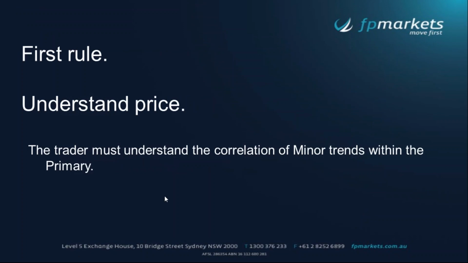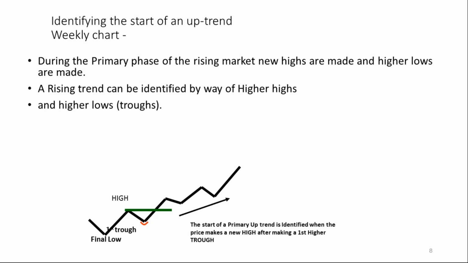So the first rule we have is we understand price. A trader must understand the correlation of minor trends within major trends. So we identify the start of a trend. This is a little example I use in every single